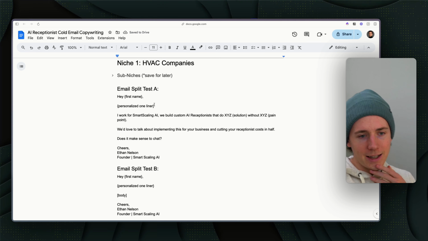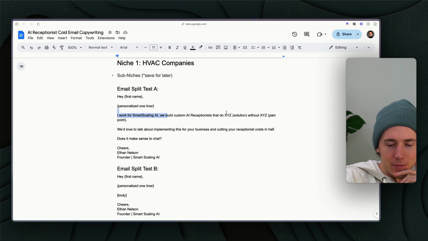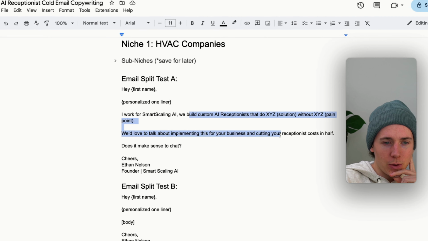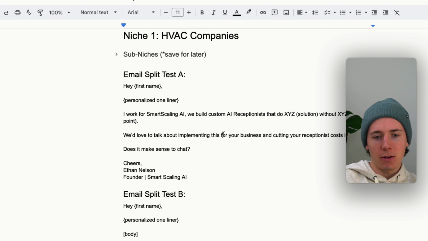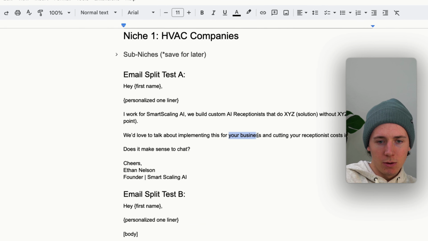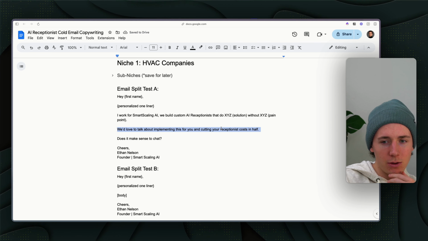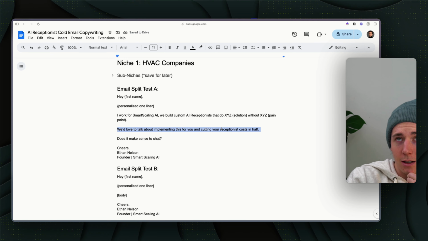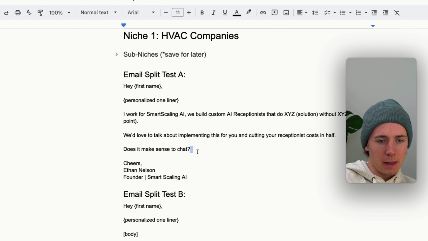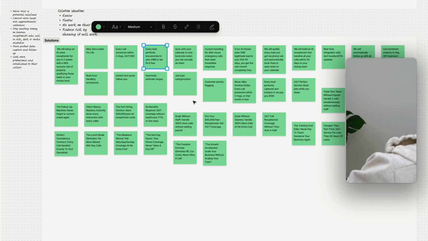So we want it to be as simple as possible. This is going to be the essence of the email. And so we have to say we do this without this. And I think we can really refine this. So we'd love to talk about implementing this for you and cutting your receptionist costs in half. And so this is going to be one of the pain point relievers. So we could say like cutting your receptionist costs in half, and